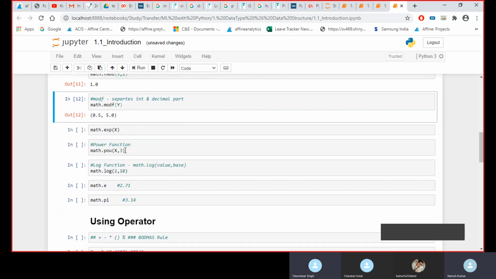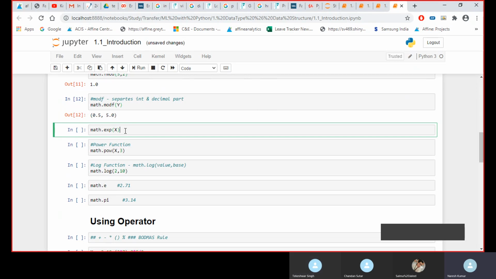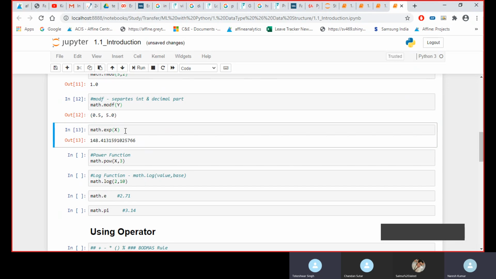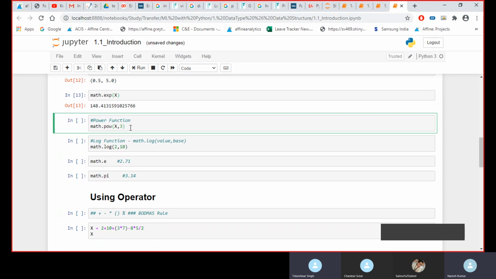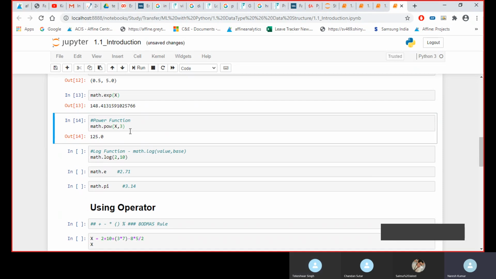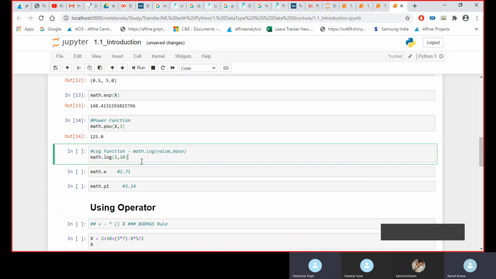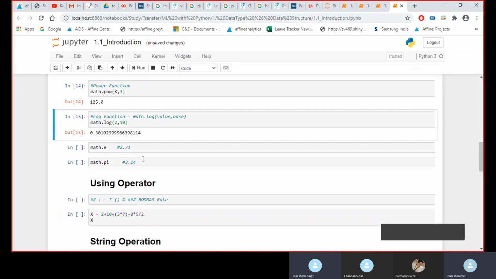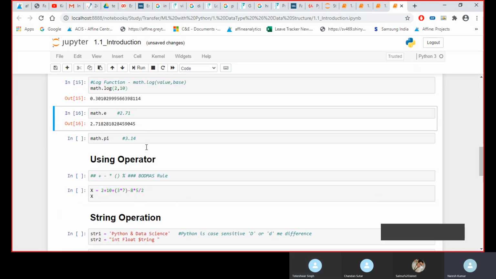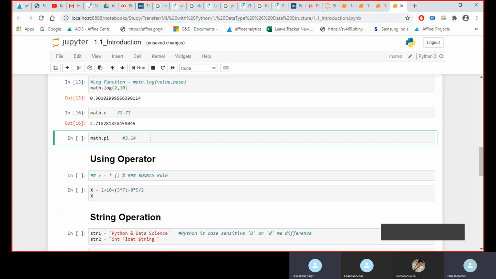Okay, exponential is something like e to the power x. So x is here 5, and it will give us the exponential of that. Okay, this is the power function. Log, you all would know about log. math.e value you might be knowing, 2.71.